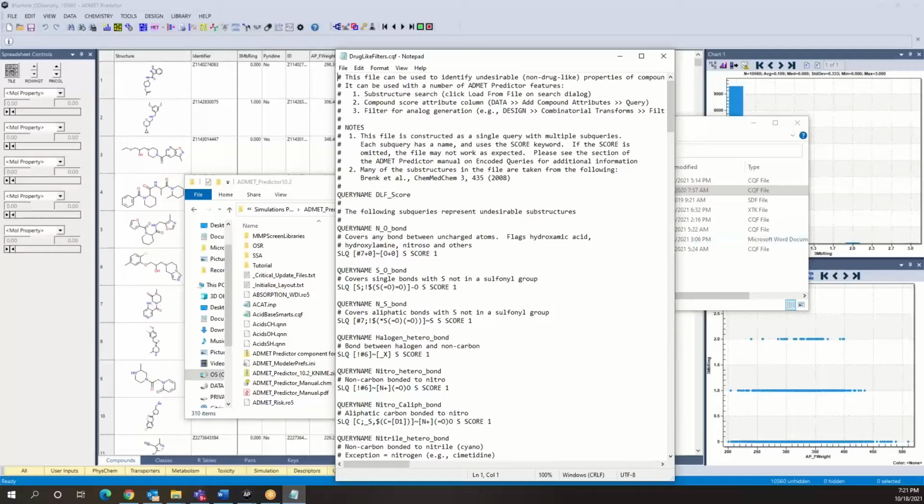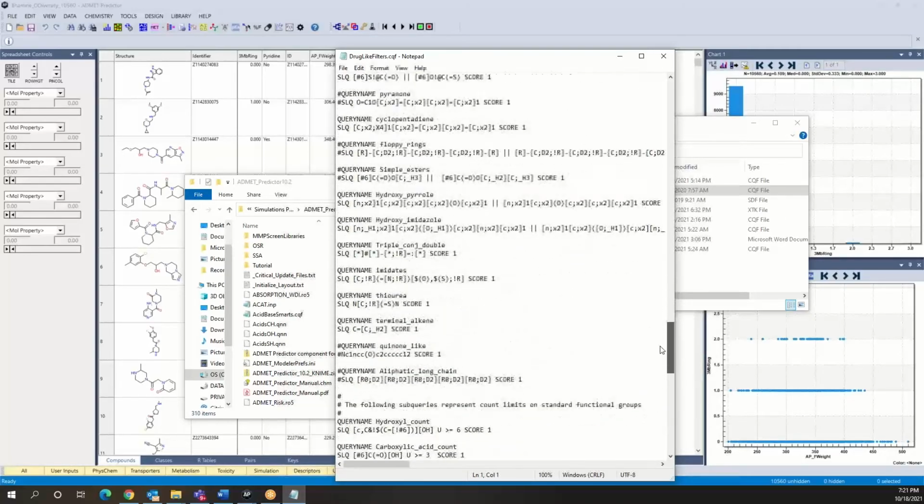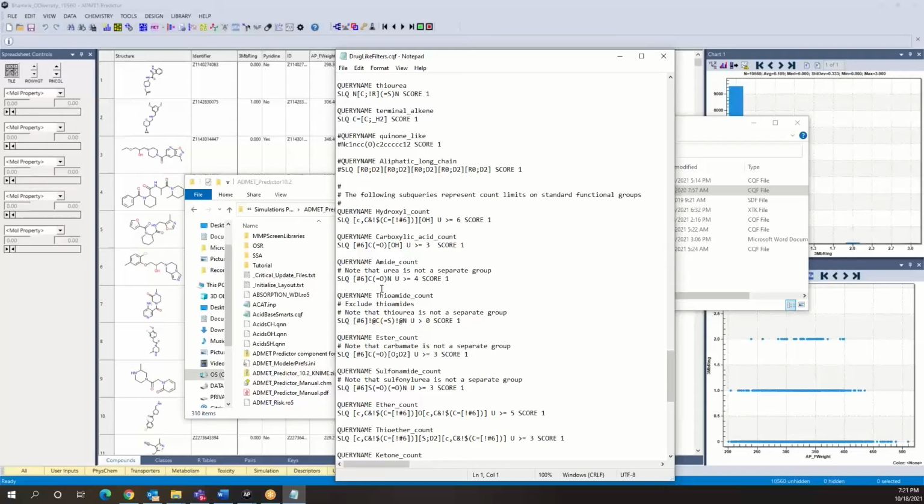Resulting in a total number which will represent, in this case, the number of infractions or violations that the compound makes against our rules. Now, if we look towards the bottom of the file, there are other kinds of queries which actually provide a count of the